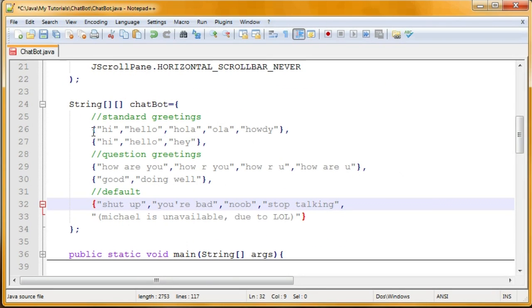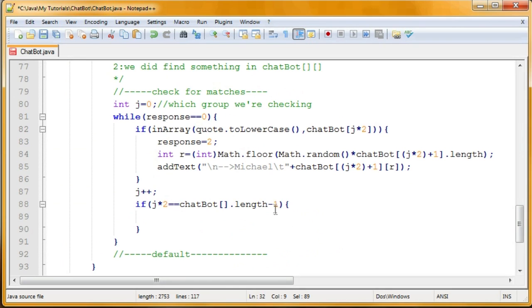j times 2 is the first one, remember? So 0 times 2 is 0, which is right. 1 times 2 is 2, which is the one we're looking at there. And then 2 times 2 is 4. Yeah, this is 4, so that would represent that one. So 0, 1, 2, 3, 4. Okay? And the length of this array is 5, because 1, 2, 3, 4, 5. But the index of this particular one is 4. So that's why we do the length minus 1, because of the zero-based system and the way that programming is